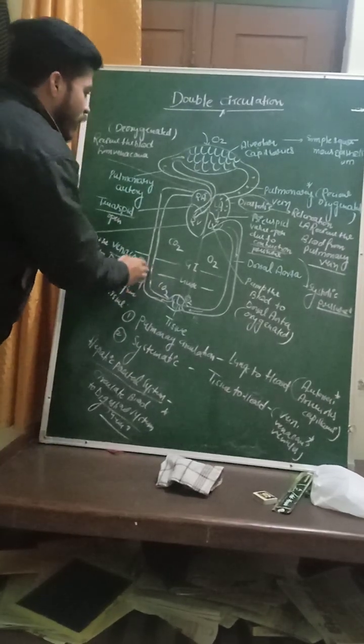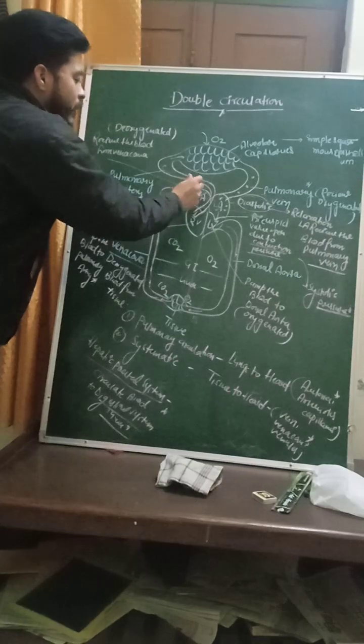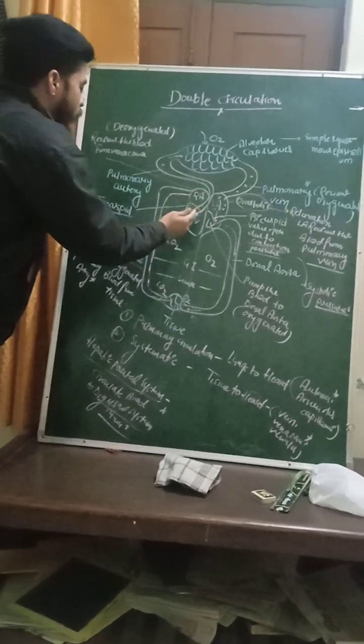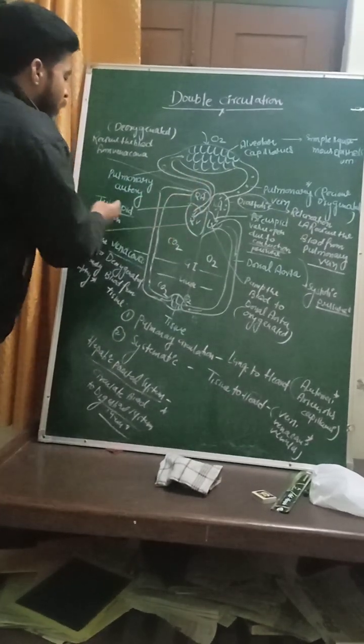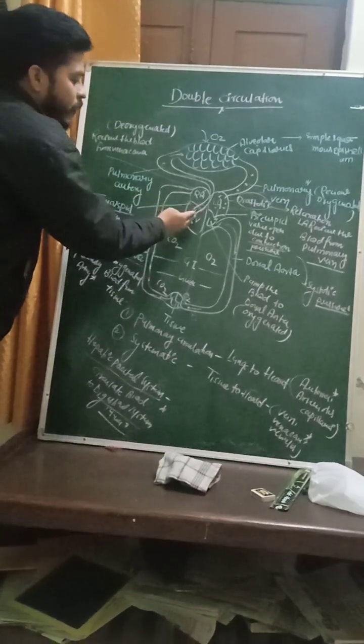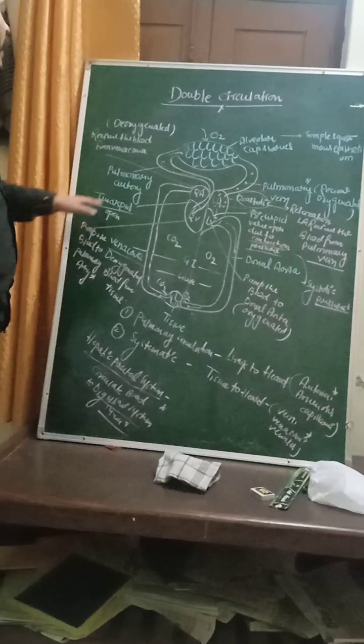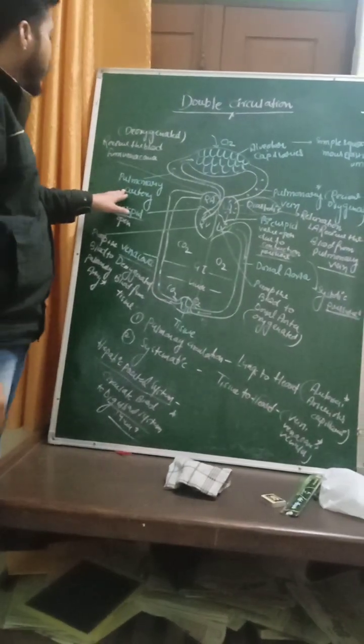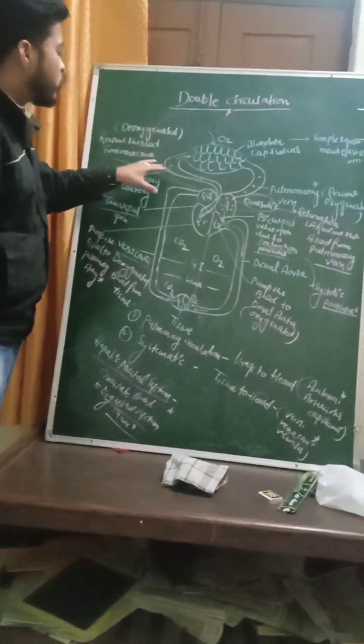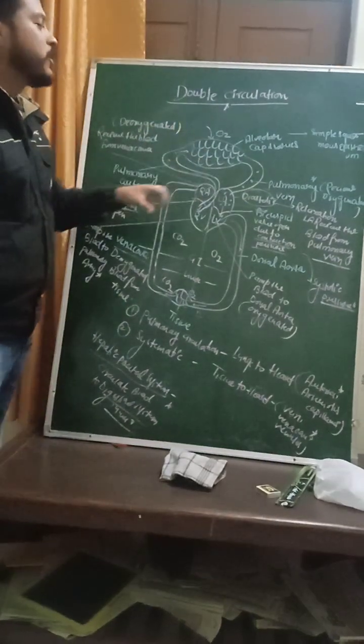Now this vena cava transports the blood to the right atrium, and then the pressure also increases, and the valve present between the right atrium and ventricle, the tricuspid valve, now opens, and then the ventricle pumps the blood to where? The pulmonary artery. This is the only artery which carries the deoxygenated blood. So this comes to the lung alveoli and then the process takes place again.